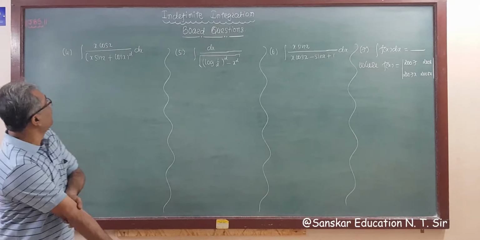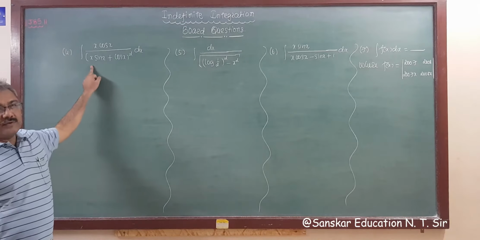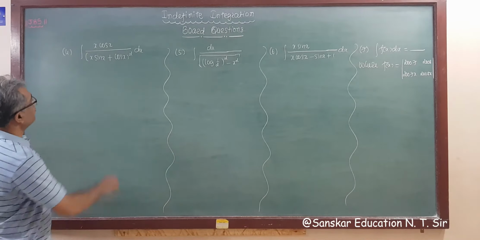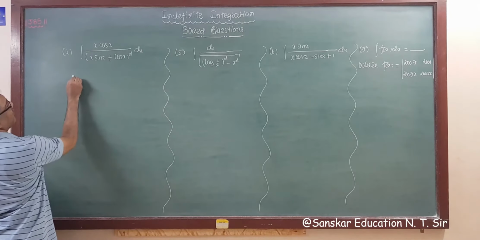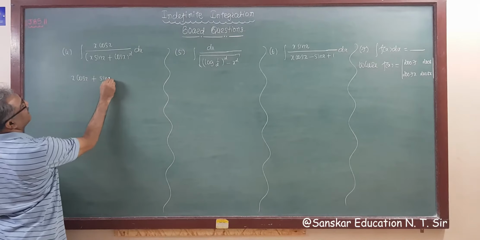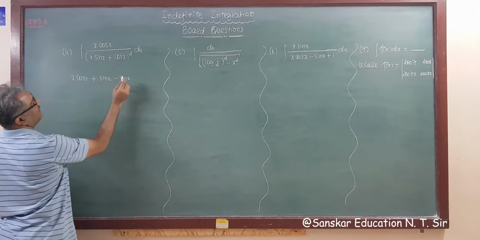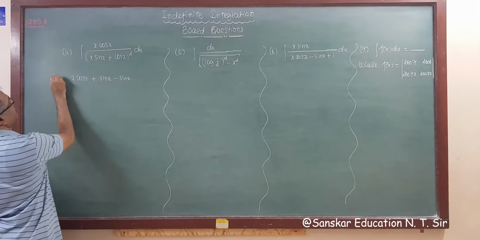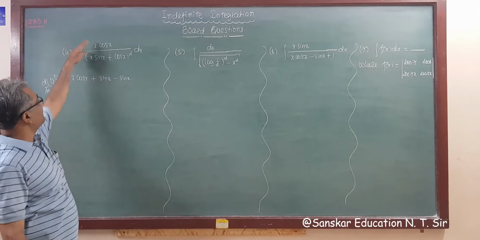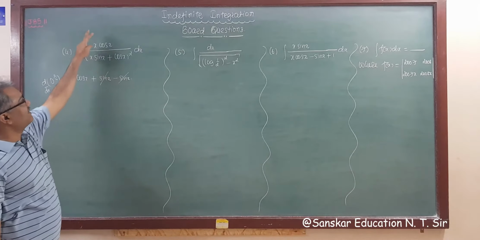Next question is x cos x upon (x sin x plus cos x) whole square. No standard formula is applicable, so check whether the derivative of the denominator is in the numerator. The derivative of x sin x is x cos x plus sin x, and the derivative of cos x is minus sin x. So the derivative of the denominator is in the numerator, this will cut, so the answer is of the form f(x), then this is f dash x.